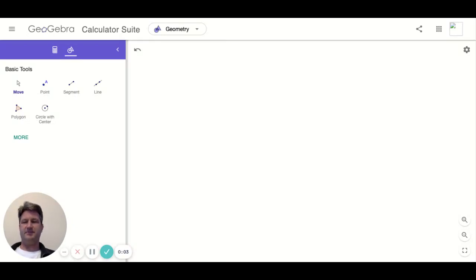Okay, time for another fast math class. This one is on midpoints, and if you might remember, a midpoint is halfway between a segment. So if I draw a line segment, I get something like that, and the midpoint would be right in the middle of this thing. And GeoGebra